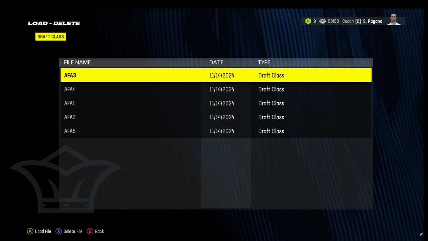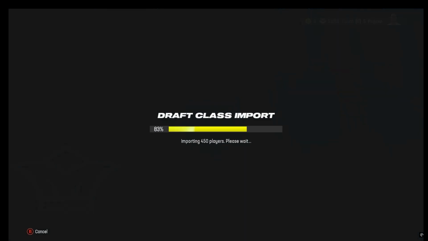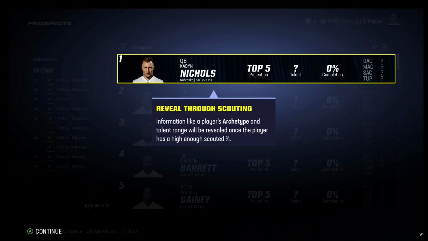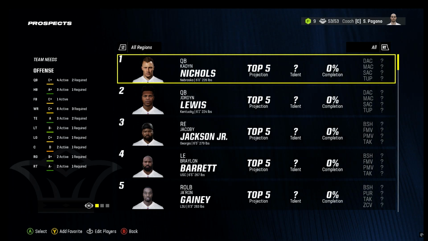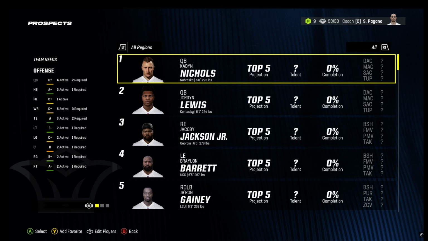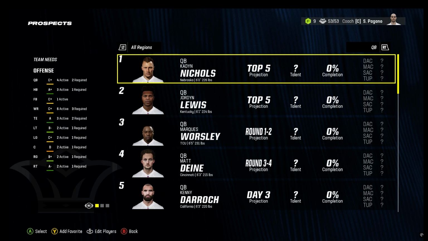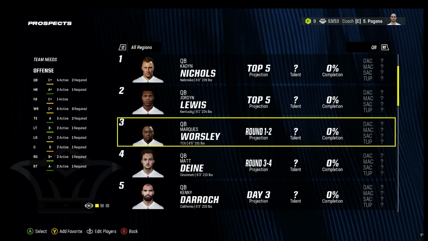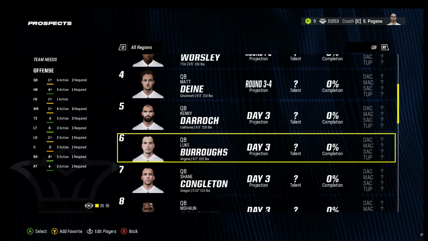I have 5 draft classes here, and you can do them in any order, it doesn't matter. In this case, let's just go with AFA 3. And you can use these in any franchise. They're not AFA specific, but they are customized as far as the names are concerned. And like I said, I tried to keep the names realistic, and the colleges